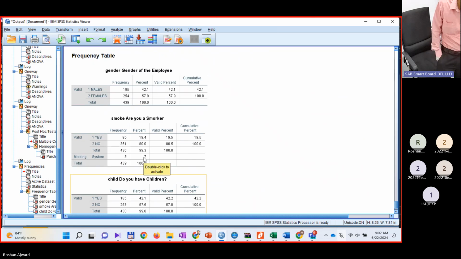Okay, within seconds you can see some nice frequency tables have come. Now you can analyze these frequency tables. You can see gender of the employee, male, female. You can see altogether how many employees are there. The frequency indicates the number first. The number is 439. And out of that, you can see 185 are males and 254 are females. And the percentage is given